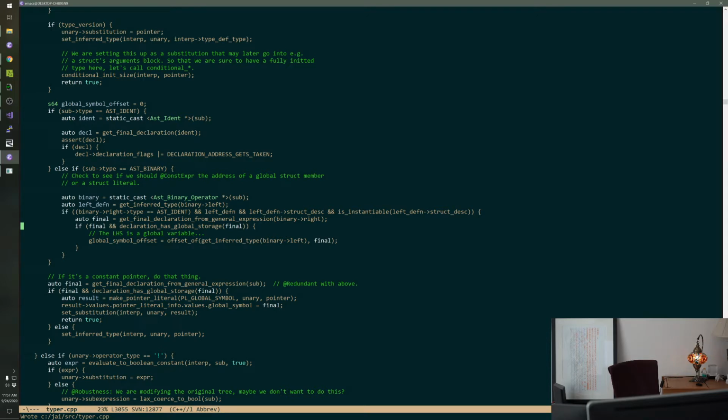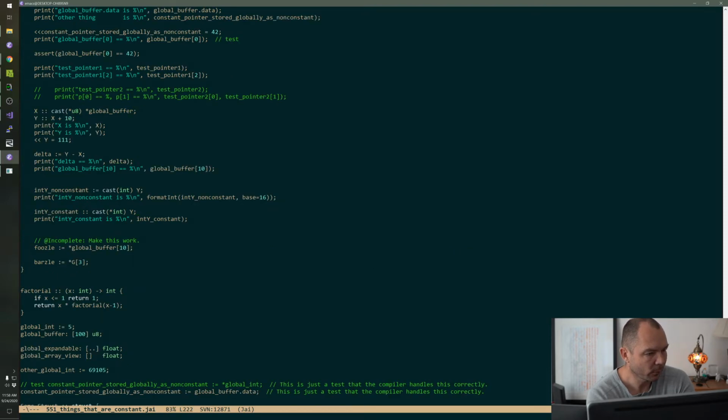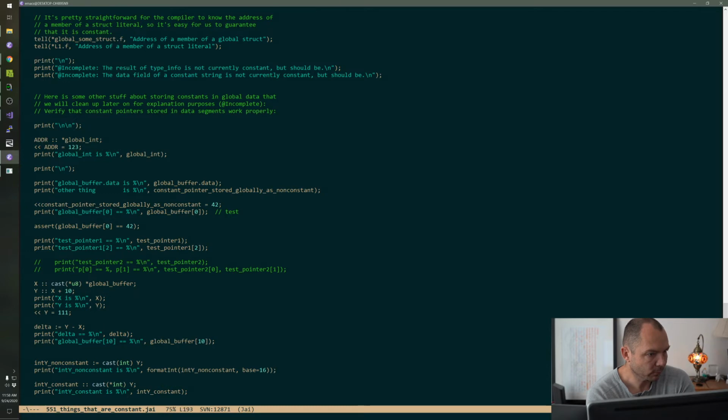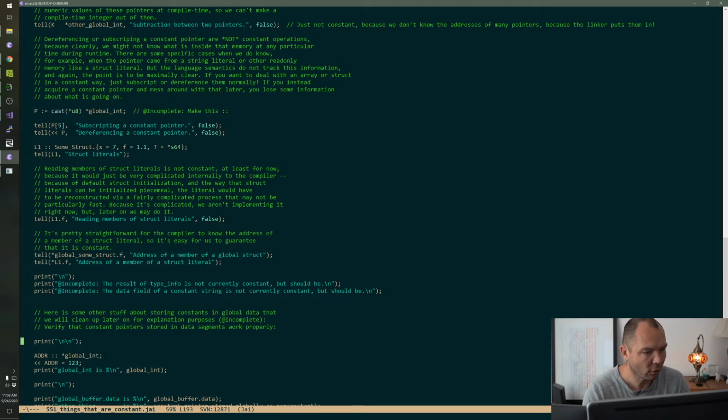So what's happening right now? Basically, I'll make this easier to understand. So we're trying to make the following thing work. This file is just like a test/demo file of all the things that are constant at compile time, and we want to make these things work, right?